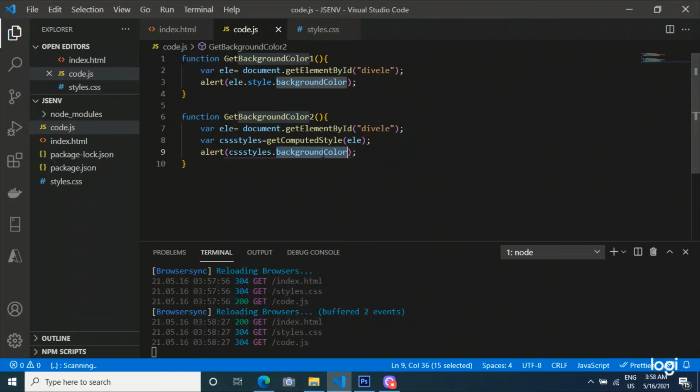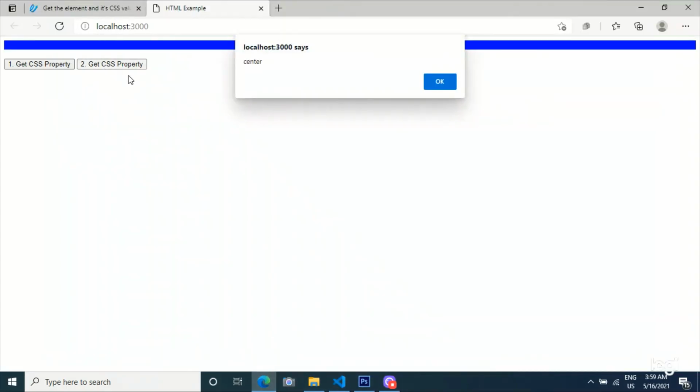Here text-align, see, the inline styles also will be fetched here. That means we can get all styles through the second method. See, center. That's it.